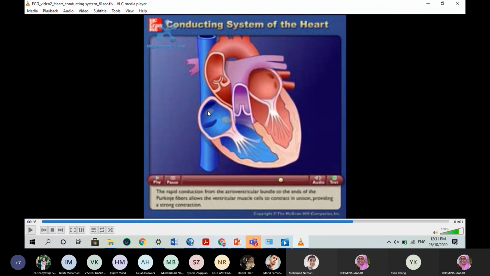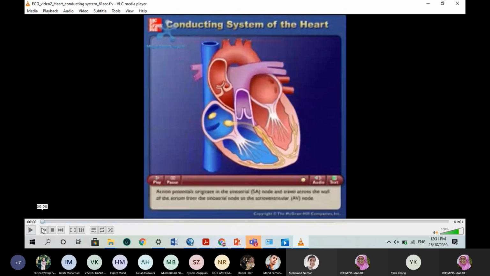The transmission of the action potential signals from the SA node to the AV node will cause the atria, or the top part of the heart, to contract. So if you watch again, the signals from the SA node reach the AV node, it will be delayed a little bit,